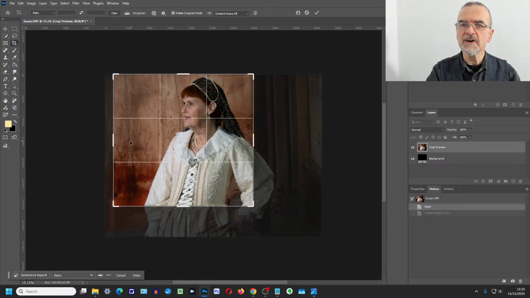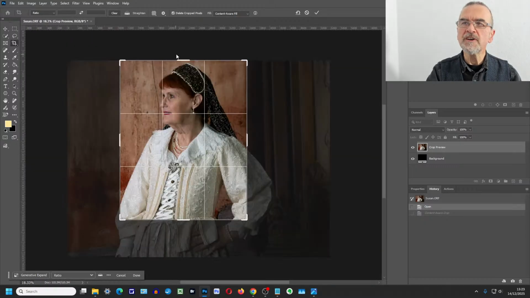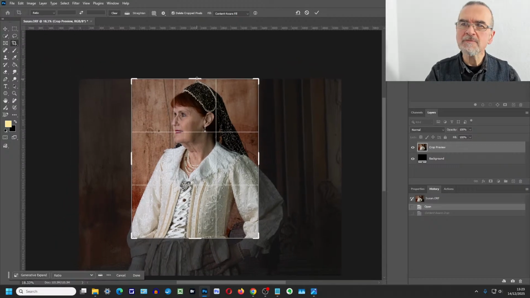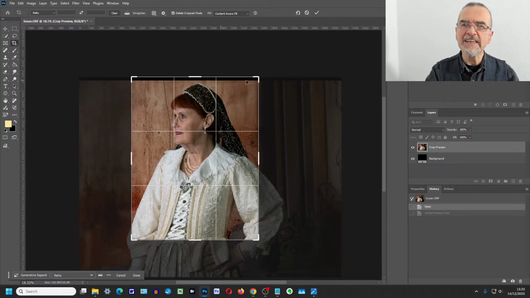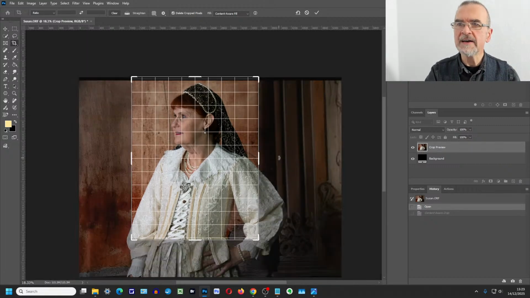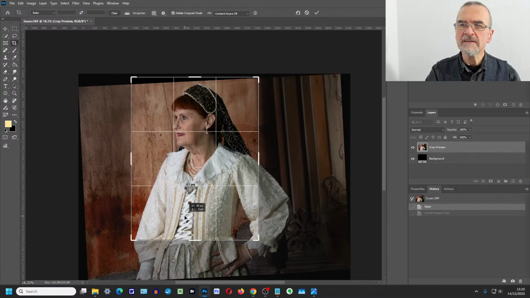That's about as far. And then we need to have a little bit of space in front of her. I would have liked a little bit more on top. Perhaps we can get away with a little bit of content aware fill, because it might just crop the wall there. I would maybe tilt that a fraction more, bring her up a little bit, left a bit.